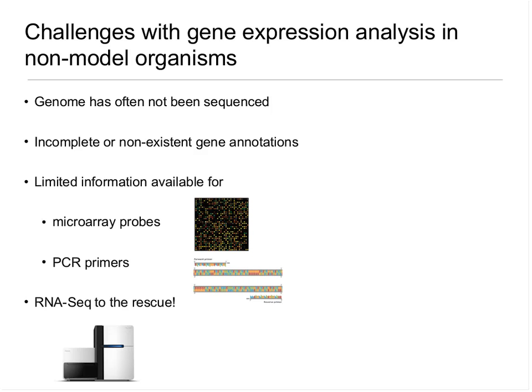The reason for that in the axolotl's case is that its genome is about 10 times larger than that of the human genome, which makes it difficult for assembly. In addition, often you have very incomplete or even no gene annotations whatsoever for such species, and the RNA information you do have is usually so limited that you don't have enough to make a comprehensive microarray or a comprehensive set of PCR primers that can be used to do quantitative PCR, say, of genes of interest. So that's where RNA-Seq technology really comes to the rescue, and that is really revolutionizing this particular type of application.